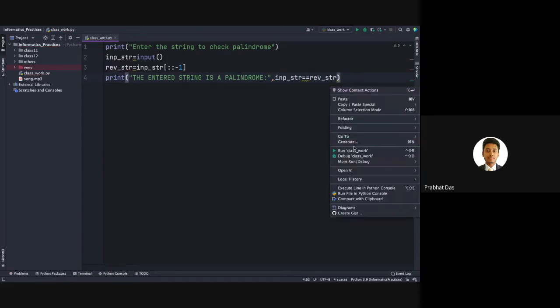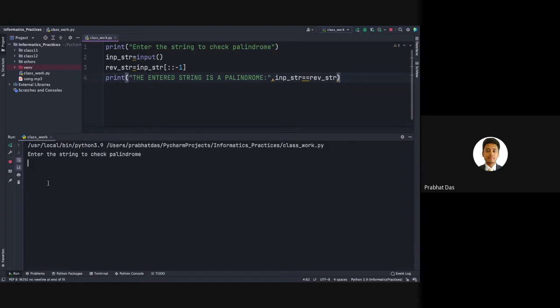If you execute the code, you see that the program expects some input from the user. We need to enter the string that we want to check for palindrome. Let's say we enter a string which is not a palindrome: apple. Entered string is a palindrome? It is saying False. That means the entered string is not a palindrome.